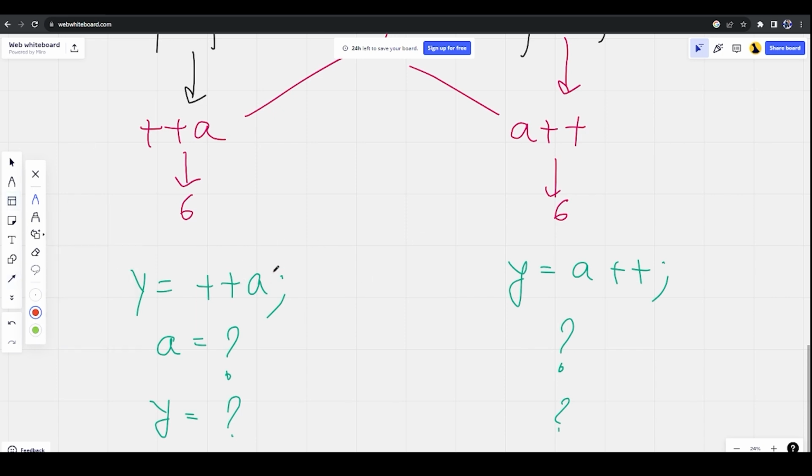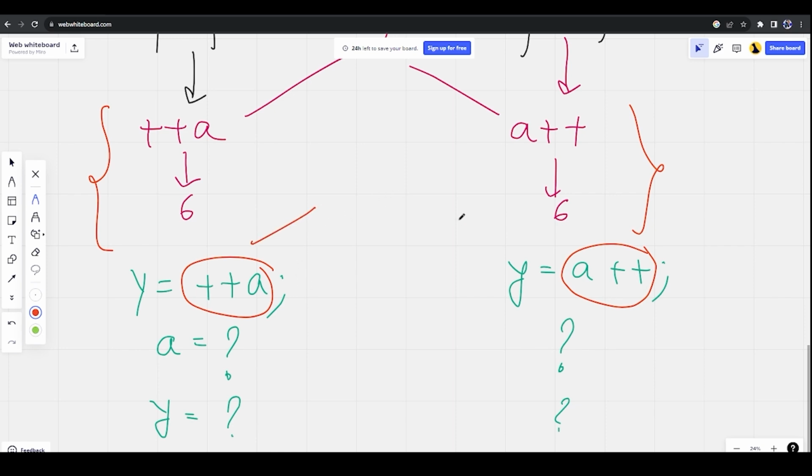Whenever you see a++ or ++a, we know from what we studied before that a will increase for sure. There is no difference in a. So whether it's ++a or a++, or any other variable, a will be increased. For example, if a was 11, a will become 12 in both cases.